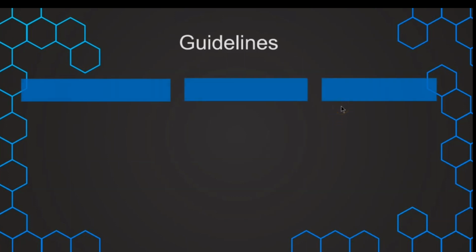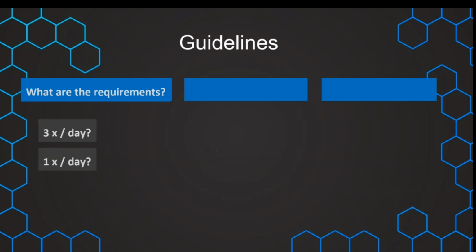We now want to have a look at the guidelines of how we go about scheduling our ETLs. And of course, in the beginning, we need to start with the question, what are actually the requirements of the business users? So this requires us to talk to them and ask them how frequently they need to have the data updated. And this is then, of course, our starting point. And of course, we are trying to fulfill those requirements as well as it's technically possible. And then if we have those requirements, this is the wish of the customer or the business users, we need to face reality and have a look at how long our